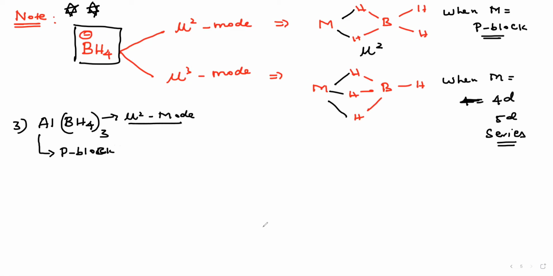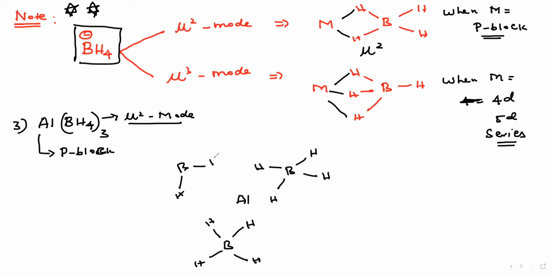Understand the structure? If you know the mode of the bridging ligand, we can write the structure very easily, right? Put aluminum here, one boron, one hydrogen, and 2 hydrogen, and 3 hydrogen, and 4 hydrogen. Similarly, this is boron, 1 hydrogen, and 2 hydrogen. Here hydrogen, right? Here boron, 1 hydrogen, and 2 hydrogen, and the hydrogen. Make a mu2 bridge, very simple, right? 1, 2, 3, 4, 5, 6. The structure of what?